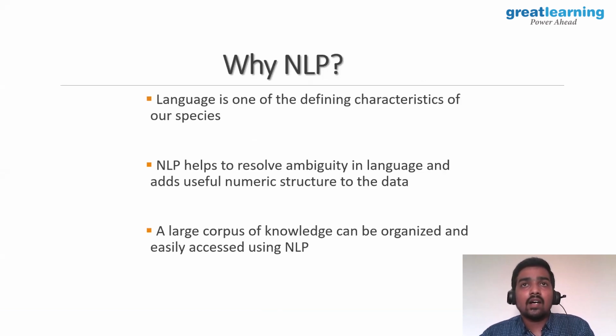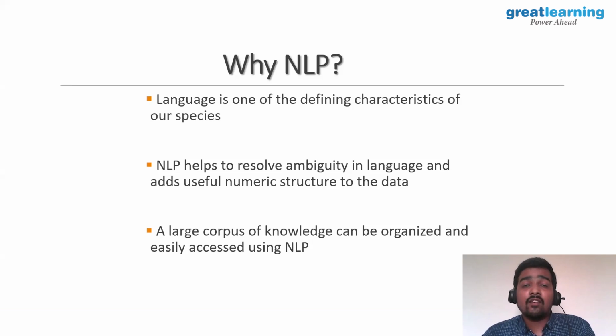And now, since we have discussed what NLP is, what NLP is based upon, and the essentials of NLP, we'll see why NLP, right? If you have a lot of things already in place, why do we come to NLP? Language, as I said, is one of the defining characteristics of our species. Each and every species has its own way of communicating, and we have language as an important means of communication. And also, within language we have multiple languages. People in the south speak 5 to 6 languages, and people in northern India speak some more languages, and if you go out of India we have a lot of languages, right?